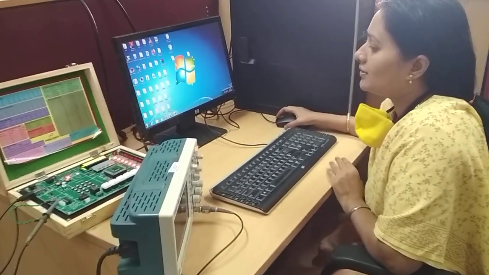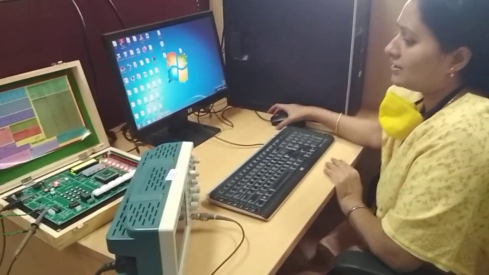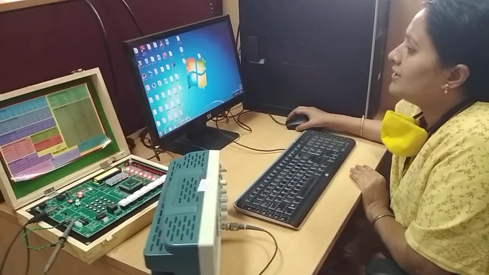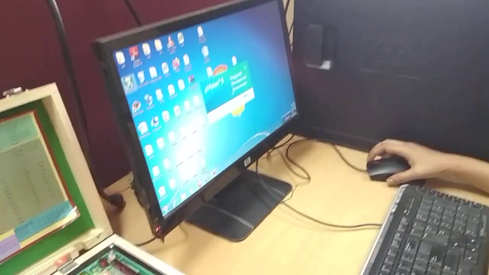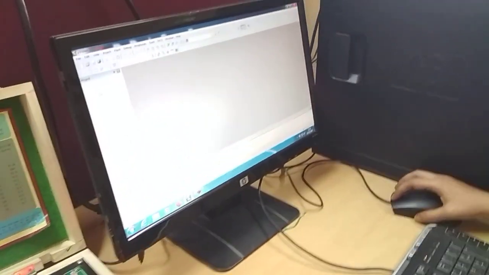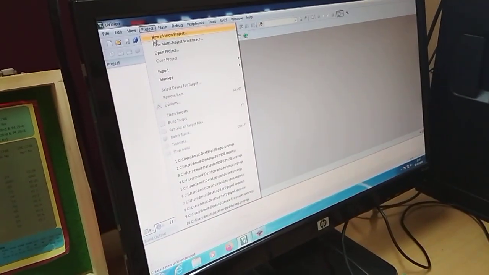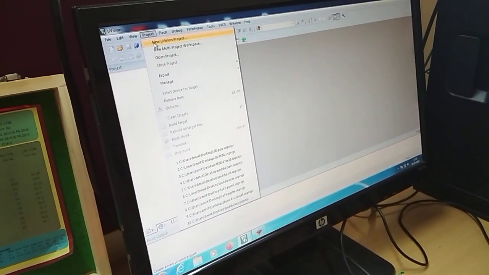We are going to see generation of PWM using ARM controller. For this, we will go to Keil Microvision 5. Click on that and go to Project and New Microvision project. You can create a new Microvision project